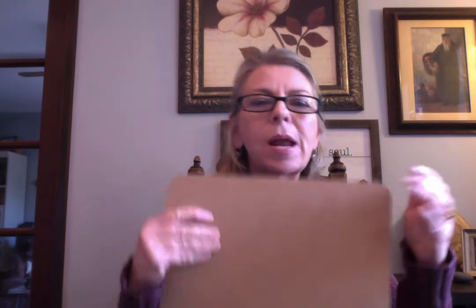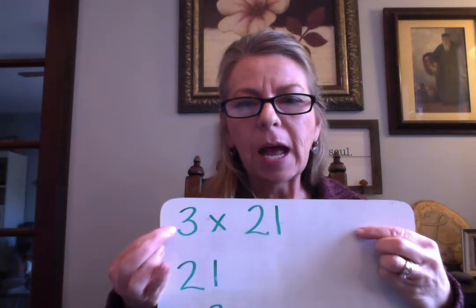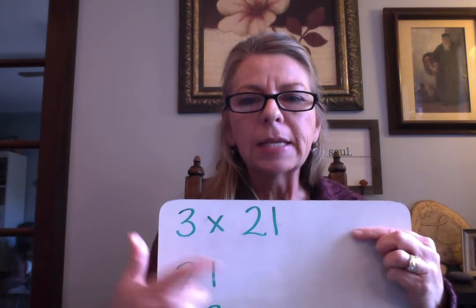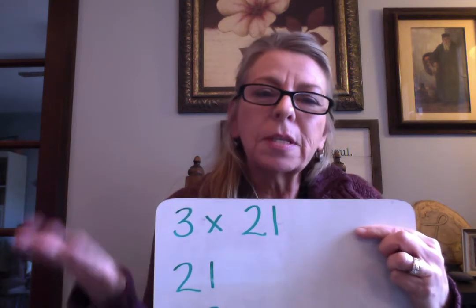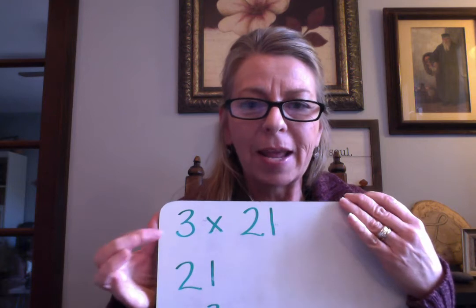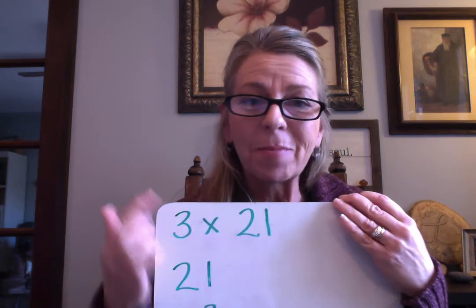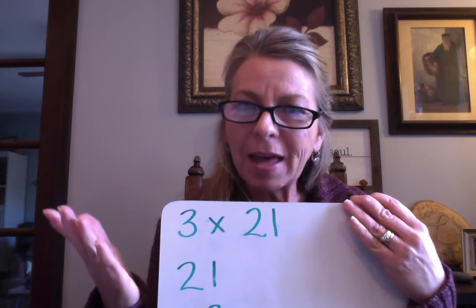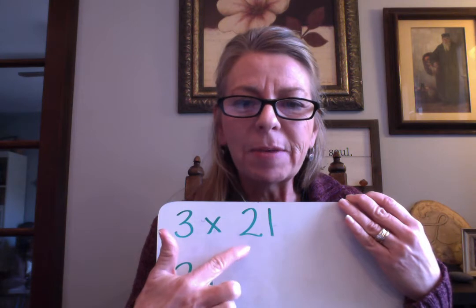All right, so what I mean by a one-digit number by a two-digit number is I am going to multiply 3 times 21. And you might be saying, but Mrs. LaFave, you only told us that we had to memorize up to 10, right? So you know 3 times 10 is 30. I didn't tell you to memorize all the way up to 21. But since you know all the facts from 1 to 10, this is going to be very easy for you